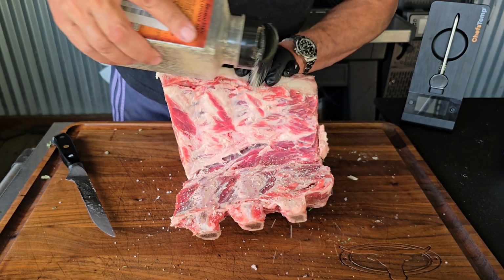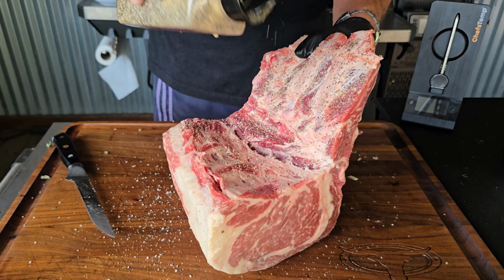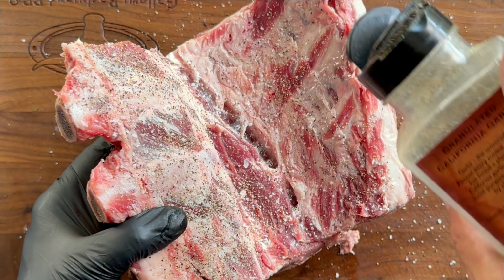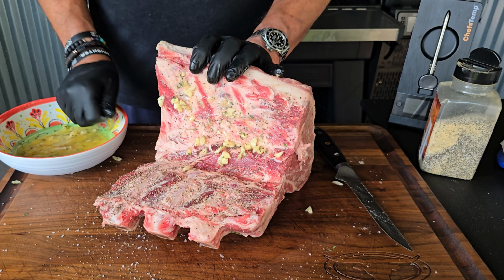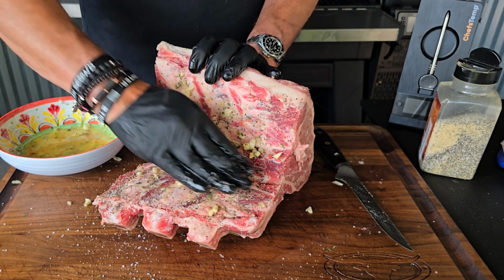Once you've got them bones spread apart, you are going to grab that custom rub. You want to get the rub on the inside on both sides of the bones, tops and bottoms. Follow that with that butter sauce. You know where we're going here. Again, tops and bottoms. After that, you are going to close it up and grab that rub,